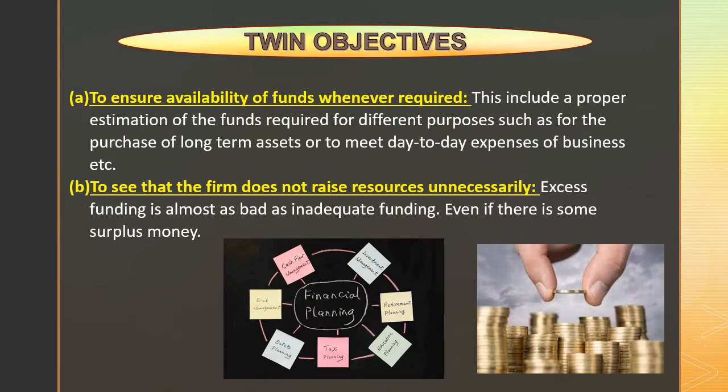the answer. Now, what are the twin objectives of financial planning? The same meaning put together becomes the objectives or the goals of financial planning. The first one is that it ensures availability of funds whenever they are required. So what are they saying? Let it be day-to-day needs that you want to buy. You need to plan, is it really necessary for me to buy these day-to-day needs? Let's say I want to buy newspaper, or let's say I want to provide tea, coffee or lunch